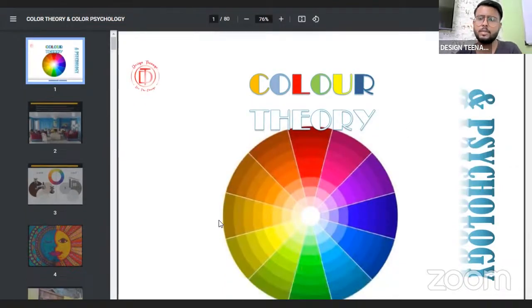Right. So first of all, whenever we talk about color theory or color psychology, we need to understand a very basic aspect or a very simple thing about any of these compositions that you see: everything, when you see or understand it, is in respect with a color. Now, when you say that there is no color to a composition, there is an effect of light and shadow that you are getting from there.